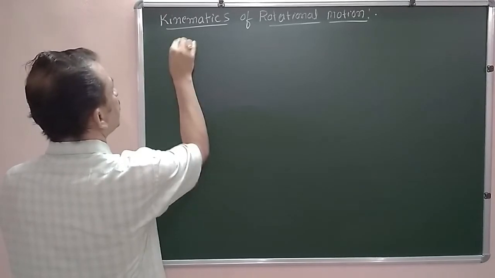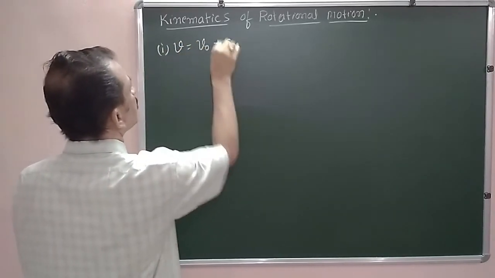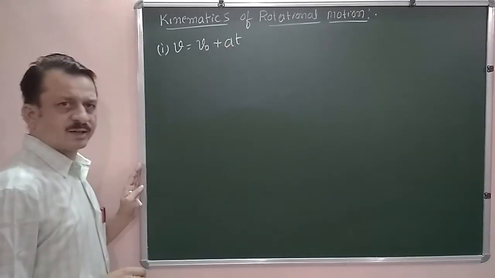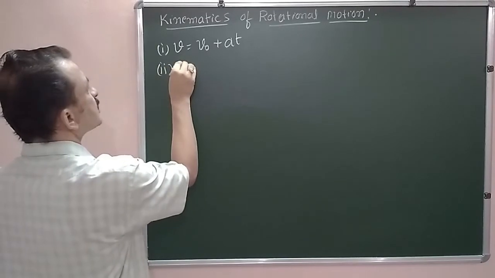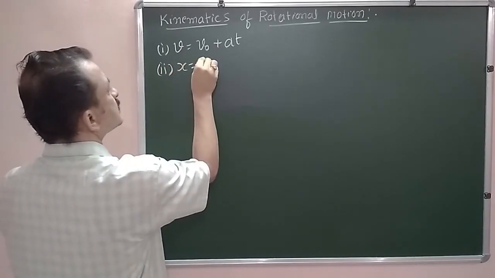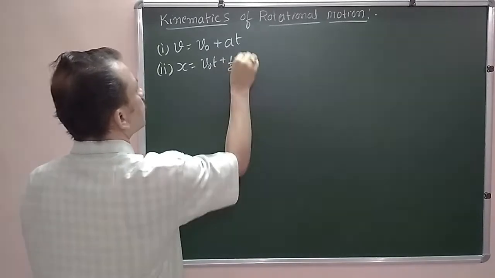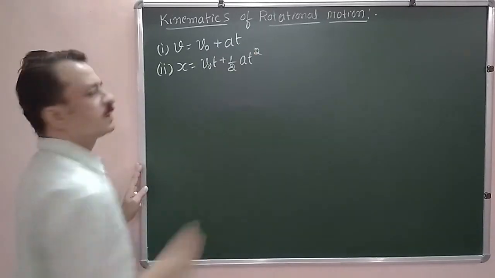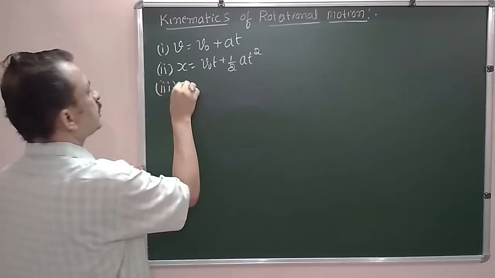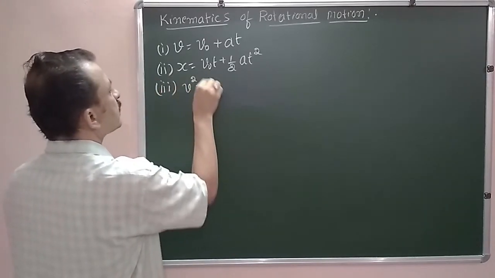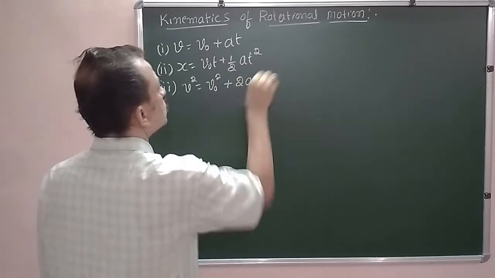Now in linear motion we have studied three important kinematic equations. They are given by, first one, v is equal to v naught plus at, that is a well known equation. And for the displacement we have the second equation, x is equal to v naught t plus half a t square. And the third kinematic equation in linear motion is given by v square is equal to v naught square plus 2ax,